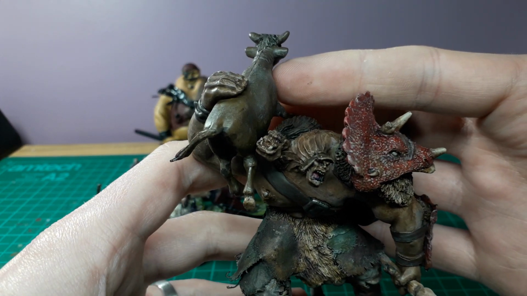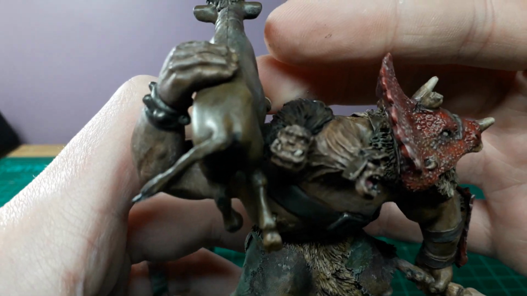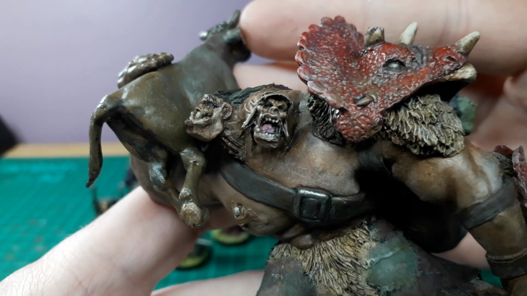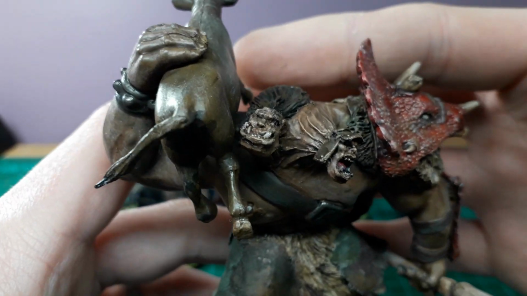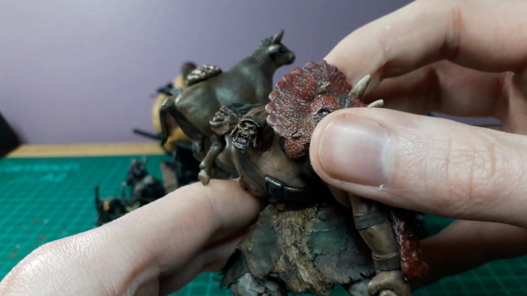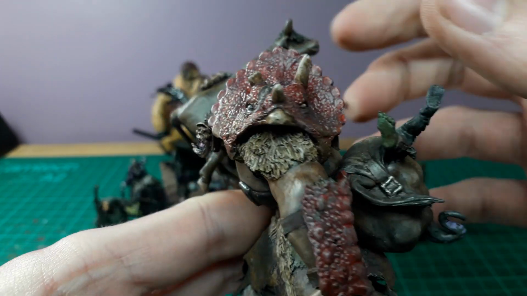This guy's not actually an ogre. I suppose he's an Ettin with his two little heads there, which came out pretty well. I didn't go too mad with the detail on them at all, just a few washes and picking out the teeth and that. I don't really go for doing their eyes and those kind of small details, especially on these big